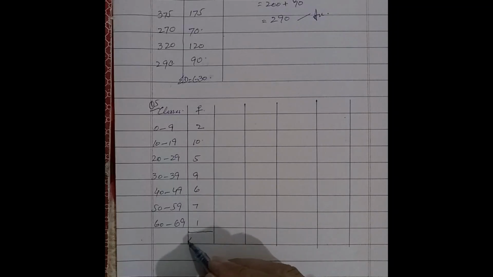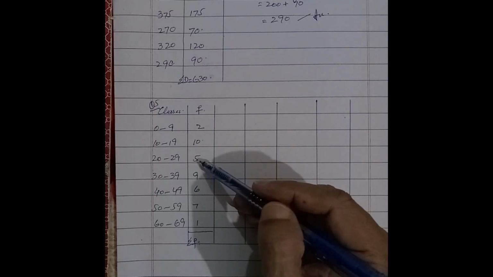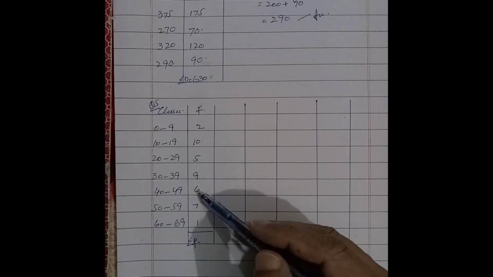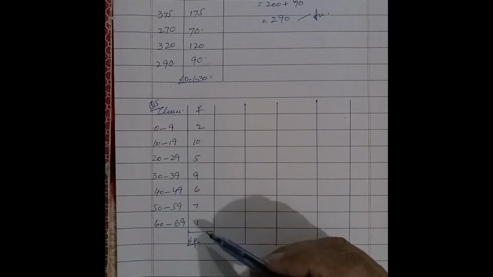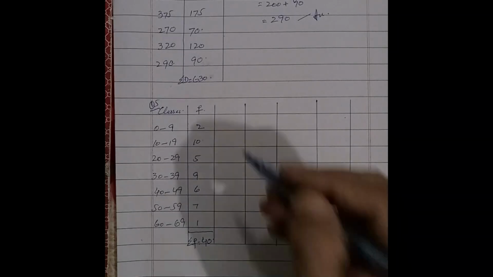And we take summation, mean sum of frequencies of the values, which is equal to, we take sum, 2 plus 10, 12, 12 plus 5, 17, 17 plus 9 is equal to 26, 26 plus 6, 32, 32 plus 7, 39, and 1, 40. So the frequency is 40, and x,